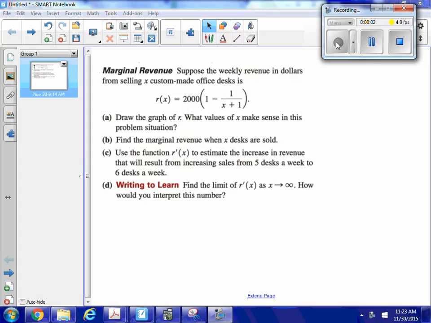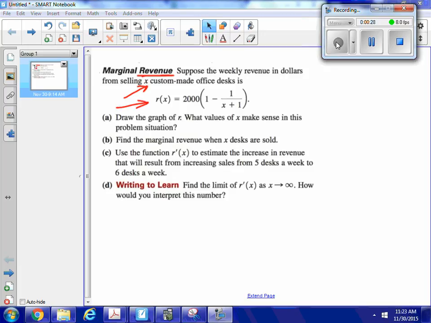This is a practical business problem using calculus. So it's about marginal revenue. And just so that we're clear, revenue is different from profit. Profit is revenue minus expenses. Revenue is just the money that you're taking in when you're selling something. So it's telling us that the revenue in dollars from selling x number of custom-made desks is represented by this